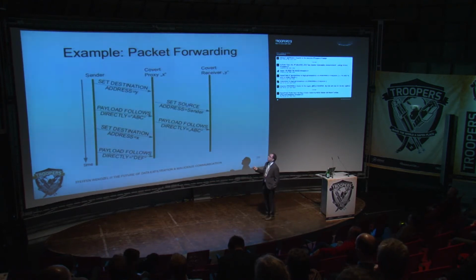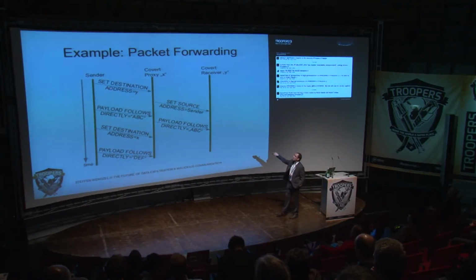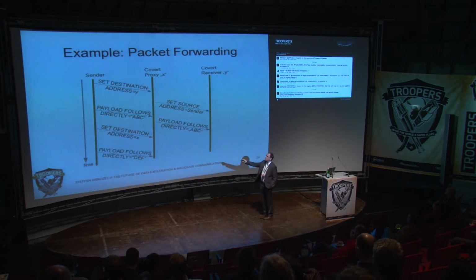Like that. Here's a covert channel proxy, here's a receiver, and I want the proxy to forward some payload, ABC, to the receiver, and therefore I set the destination address using a status update, and that's it. And afterwards, the proxy forwards all the information. I can send thousands of payload packets here without, again, specifying the destination address. And this approach saves a lot of space.